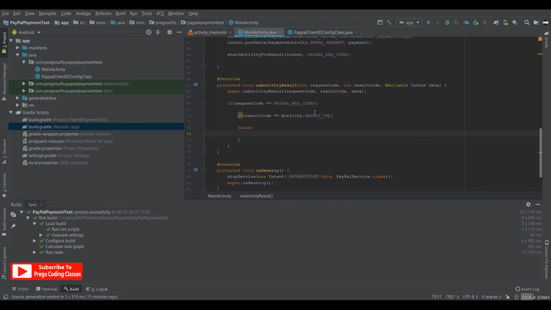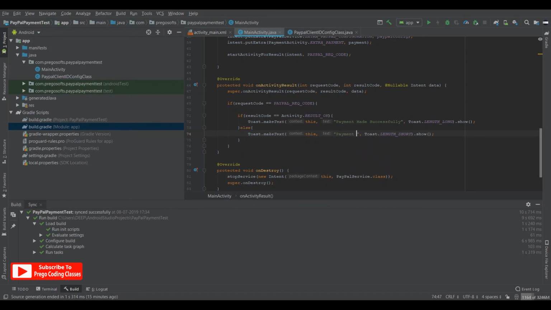So we are checking it for RESULT_OK. If the result is OK, if the user has completed the payments part, so we can say payment made successfully, and we'll show it for long. And if from any point of time, if the user returns to the main page or gets exited from the payments page, we'll say